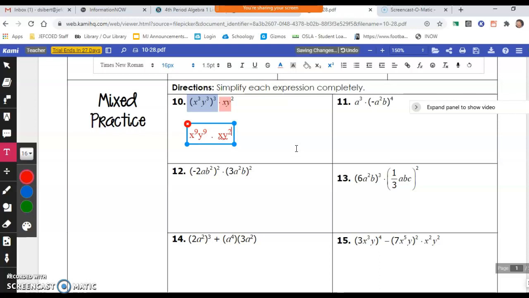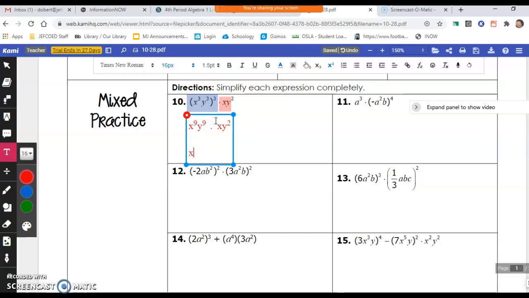Now, we did the power rule. Now, the product rule states that we do what with our exponents? Just add them. Okay? Do they have to be alike to add our exponents with the product rule? No, they only have to be alike if we're combining like terms. Okay? So here,